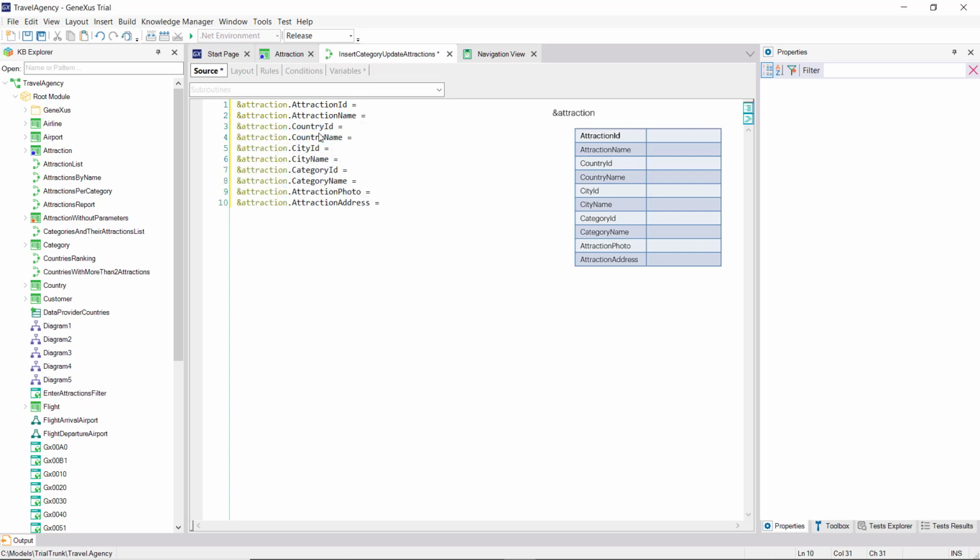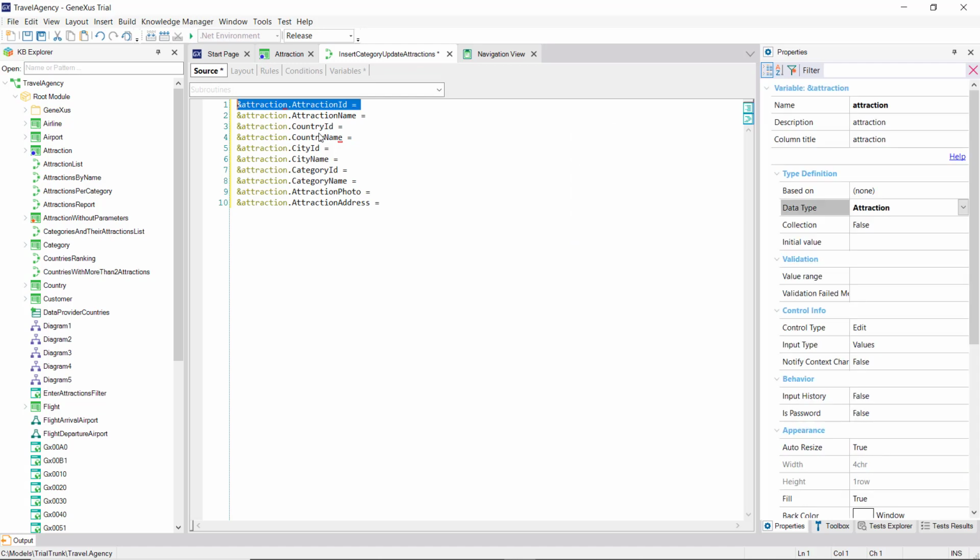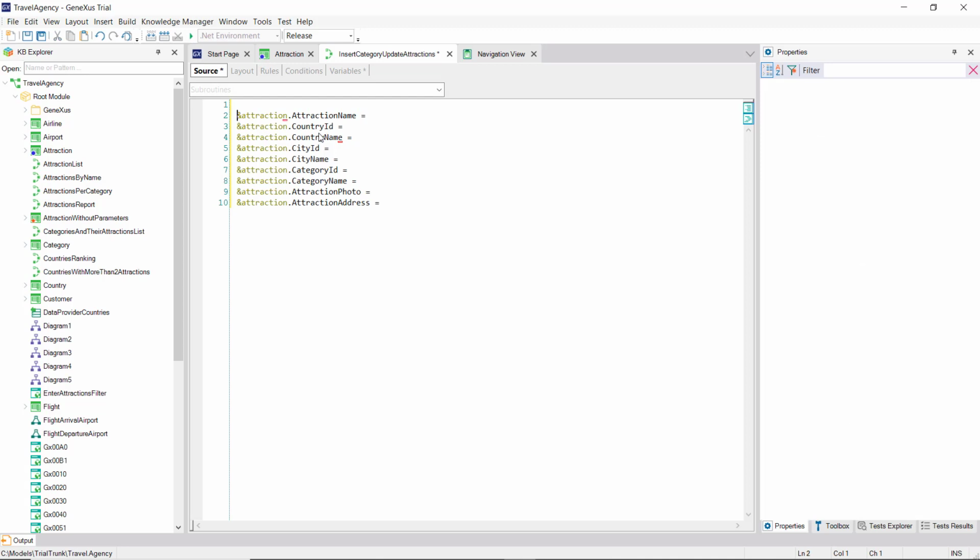If we wanted to insert the Forbidden City tourist attraction, as we saw before when we used the transaction, we'll have to complete the data. We don't need to assign a value to the identifier, because it'll be auto-numbered. The name of the attraction will be, we know it's in China, it has the identifier 3, but what if we're wrong? We'd better look for that identifier with the find formula, because one thing we're sure of is the name of the country, China. That name is an inferred attribute in the transaction, so we don't have to assign a value to it here to insert the attraction.